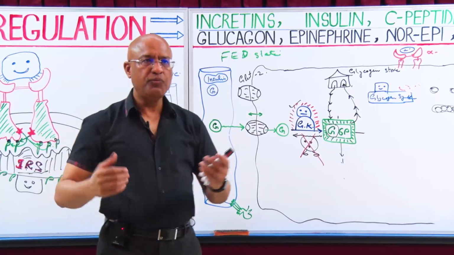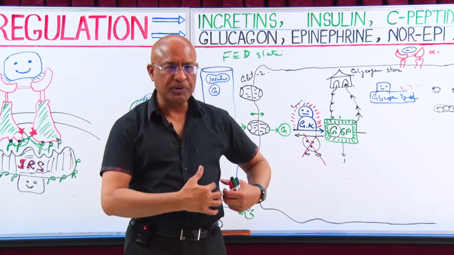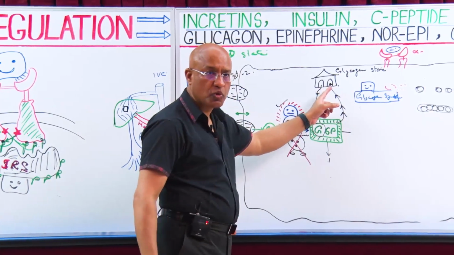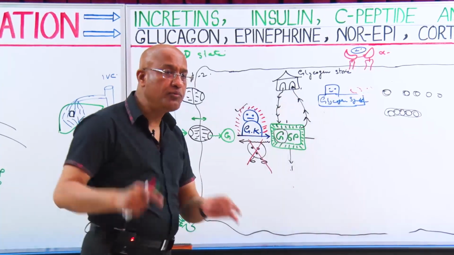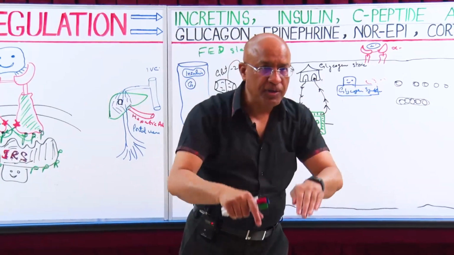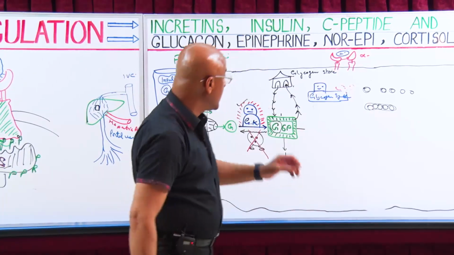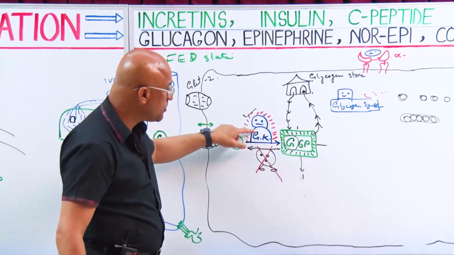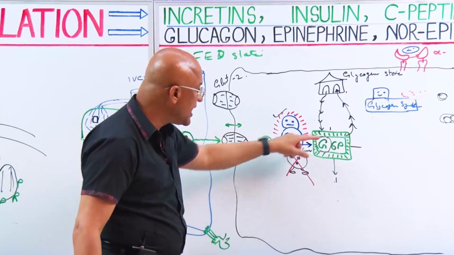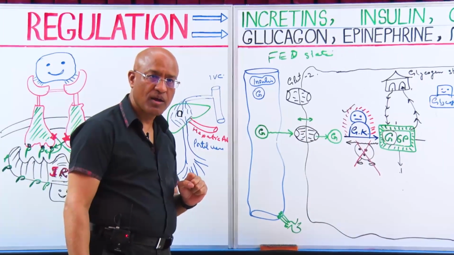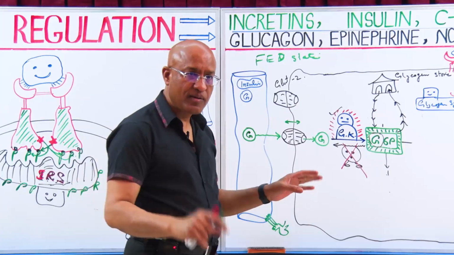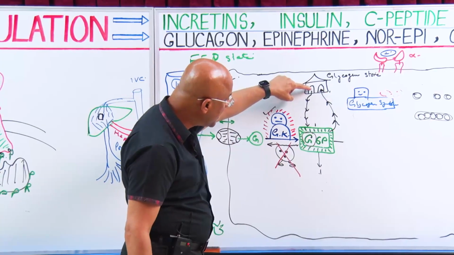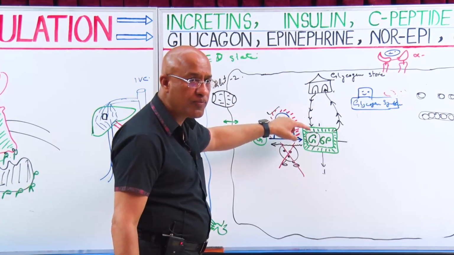For example, in fed state, in absorptive state, when you have eaten and a lot of glucose is coming to the liver, it should use the pathway upward and store the extra glucose as glycogen. But in fasting state, when there is a risk of hypoglycemia, this glycogen should be broken and brought to glucose 6-phosphate. This should be inhibited and phosphatase should be activated and let the glucose out. But you understand. So there is a pathway going upward, that is glycogenesis. And there is a pathway coming downward, that is glycogenolysis.